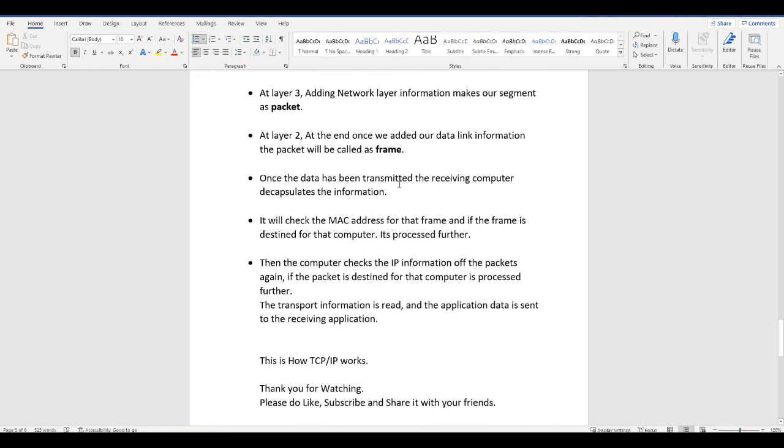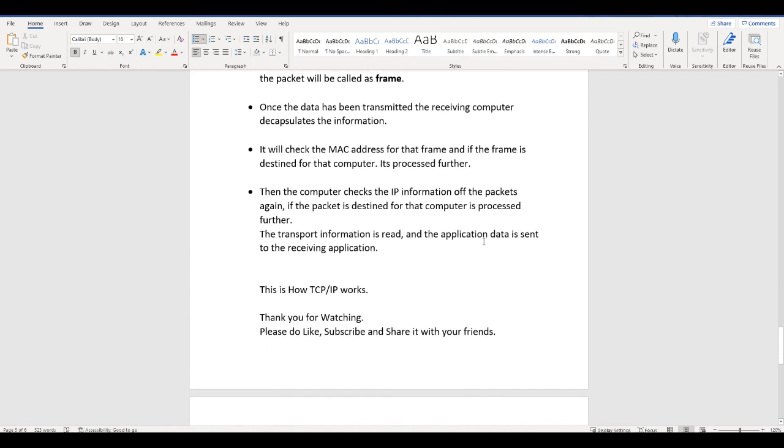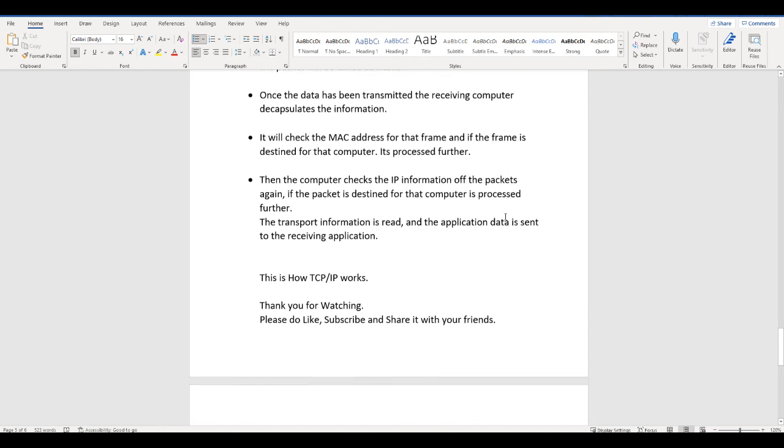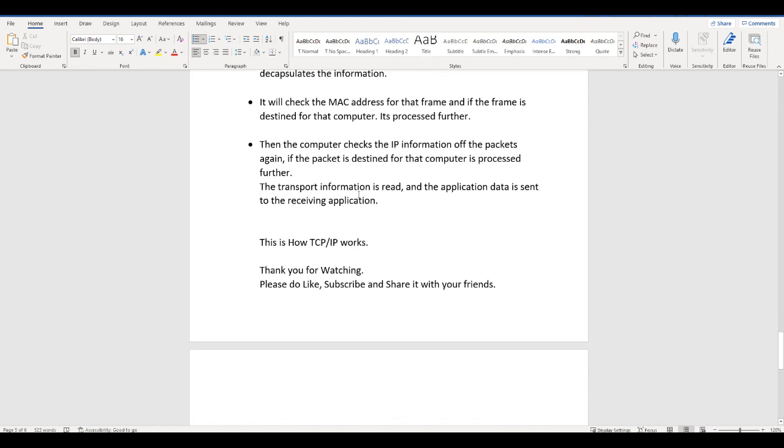Once the data has been transmitted, the receiving computer decodes the information. It checks the MAC address for that frame and whether the frame is correct or not. Only then will it process further. Then the computer checks the IP information of the packet. If the packet details are correct, it will be processed. The transport information is read, and the application data is sent to the receiving application so the user can read the data. So this is how exactly